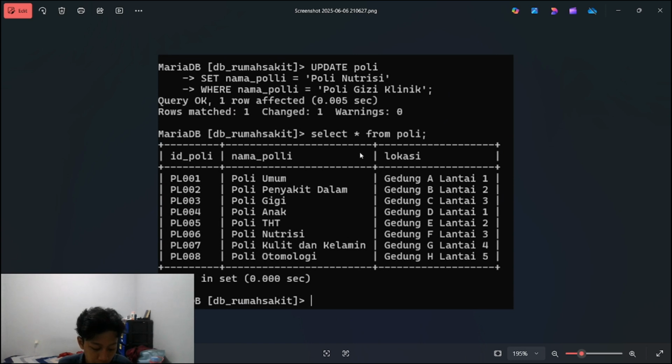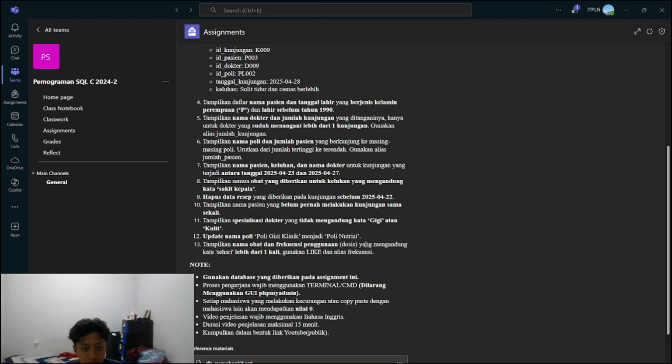So in here this part updates the polyclinics, it updates the poly table. The new name is Polynutrisi, where the poly name in here is the subject we want to change. This is the old name, this is the new name, like this.